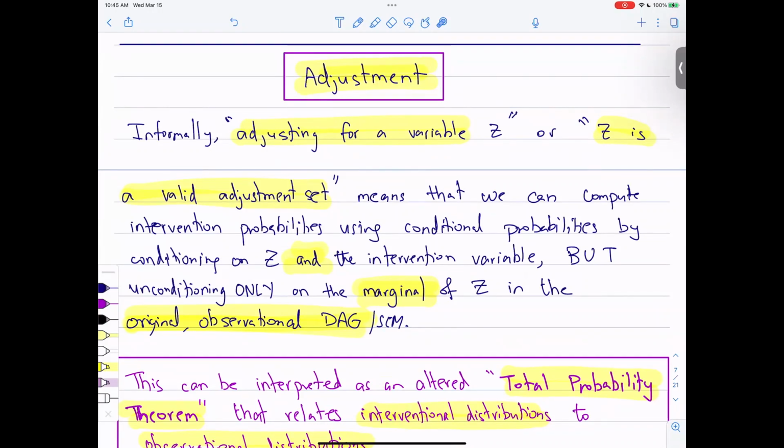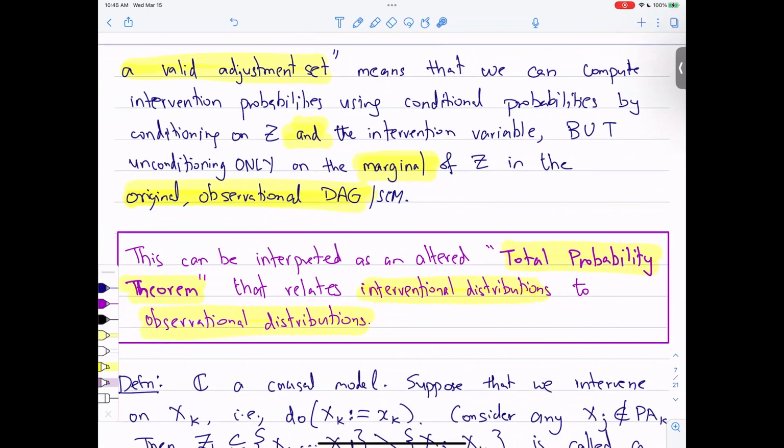The phrase adjusting for a variable z, or z is a valid adjustment, means that we can compute intervention probabilities using conditional probabilities by conditioning on z and the intervention variables. Okay, that is, we want to reason about a new world, but using data from the old world. This statement will become the example we saw, roughly what we are doing. Let's actually go through this adjustment. This can be interpreted, I think, as just a new total probability theorem that relates interventional distributions and observational distributions. So if it was a standard total probability theorem,